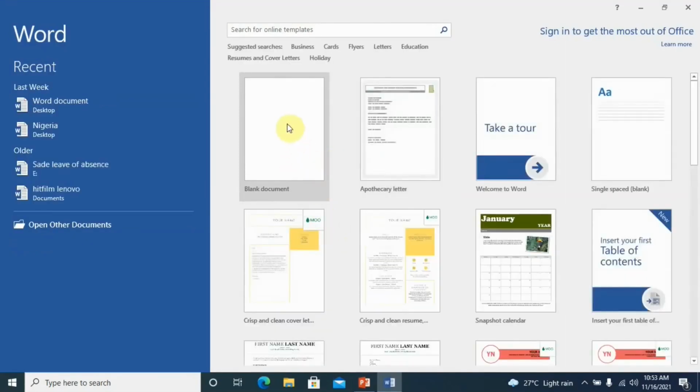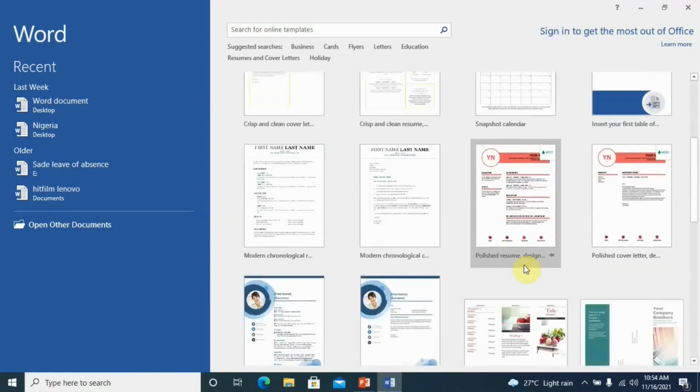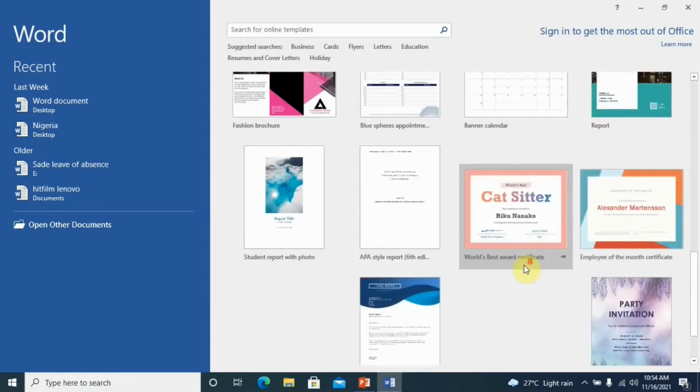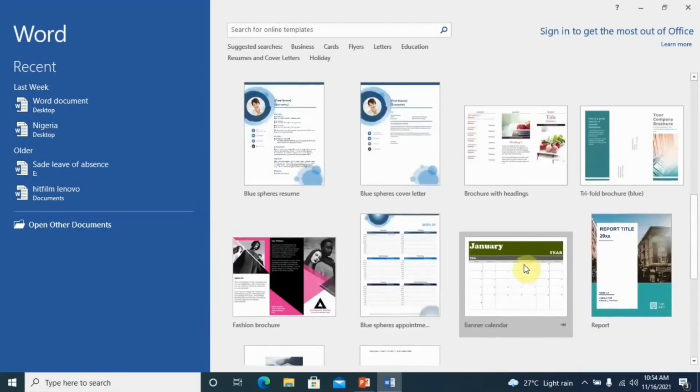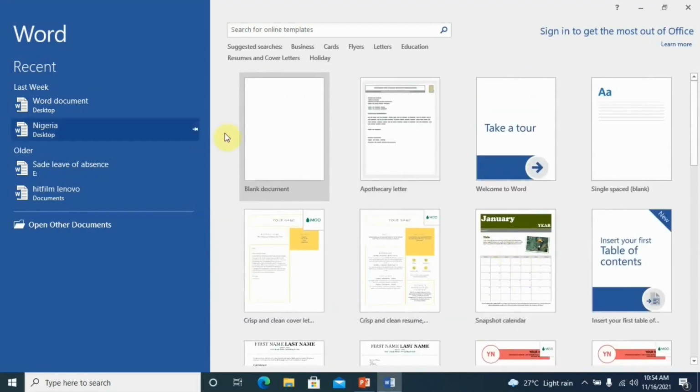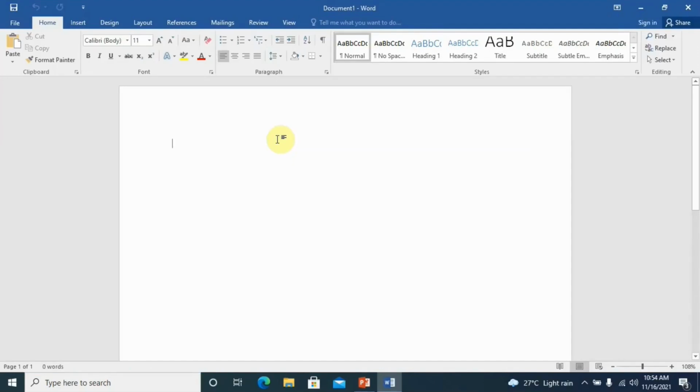So you see am, e go give some templates. This is a blank document and an apothecary letter. Then welcome to Word. You get your own tutorial wey be say e fit teach you how you fit just navigate Microsoft Word. Then single space blank. So and different templates wey you fit use. If you scroll down, you go see different templates wey you fit use. But for the purpose of this tutorial, we will just use this blank document quickly take do our demonstration